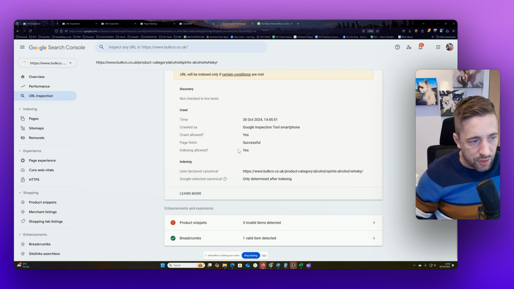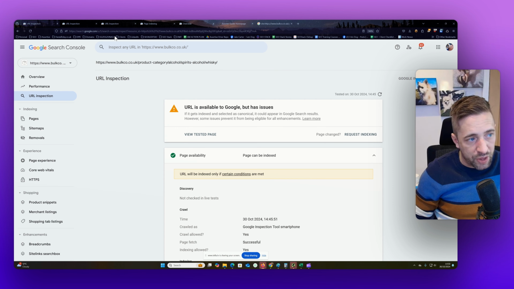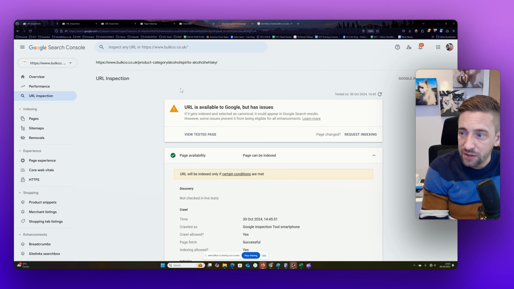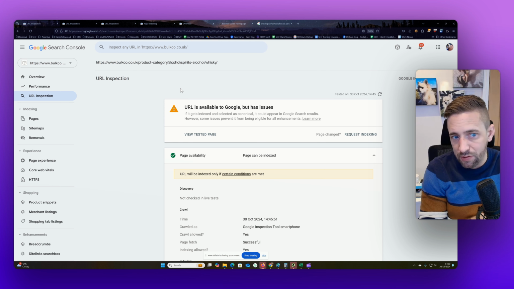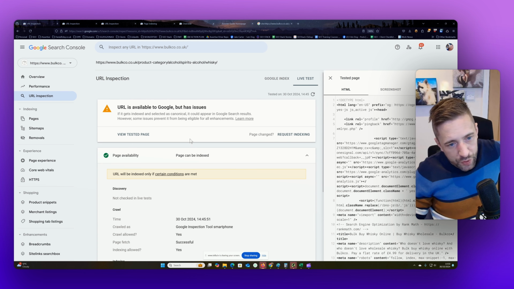So what are the things that are really key here? So the most important things that we have to ascertain is, is the page actually indexable, and can Google actually render that page properly? So here are some things to consider. So we've got the live URL test and we have the Google index. Now, if you see here, we have the option to view the tested page. So if we click on that,